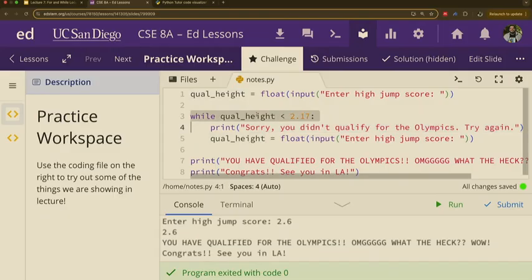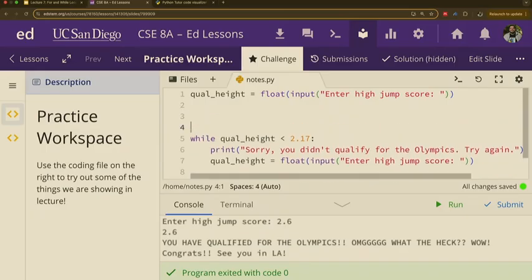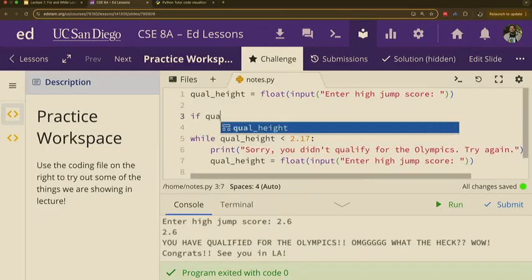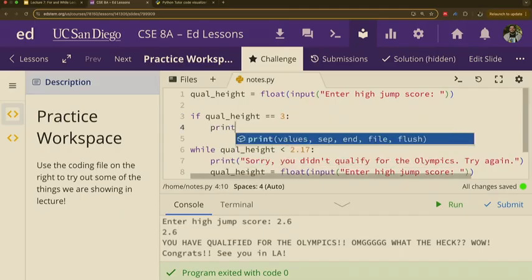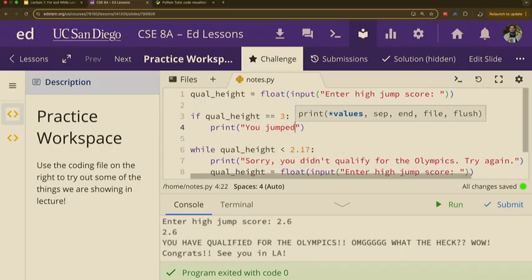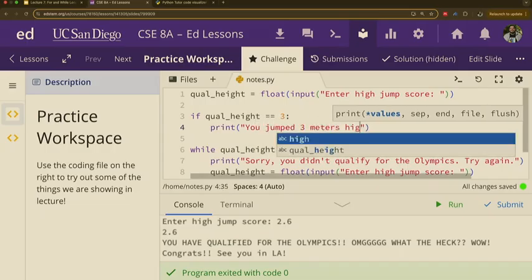Okay? So think of this while loop sort of like its own conditional, right? You know how in conditionals when we had an if statement, right? If qual height is, for example, equal to 3, then we would say print, you jumped 3 meters high, right?